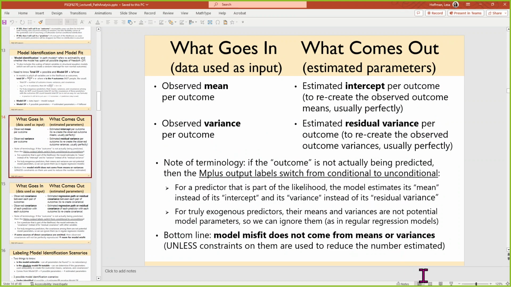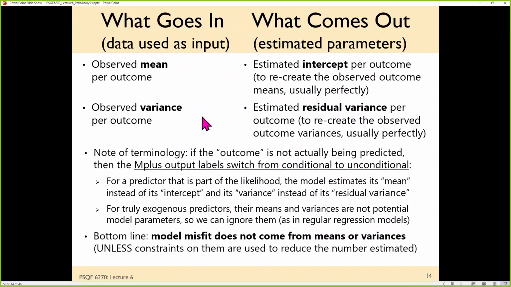So to be more specific, in terms of information that is going into the analysis and parameters that are coming back out, every variable has a mean that goes in. What comes back out is either an intercept or a mean. Every variable has a variance that goes in. What comes back out is its leftover variance after being predicted, or just the variance if it's not being predicted by anything. And that distinction of being predicted or not results in different labels within Mplus, for instance, and other